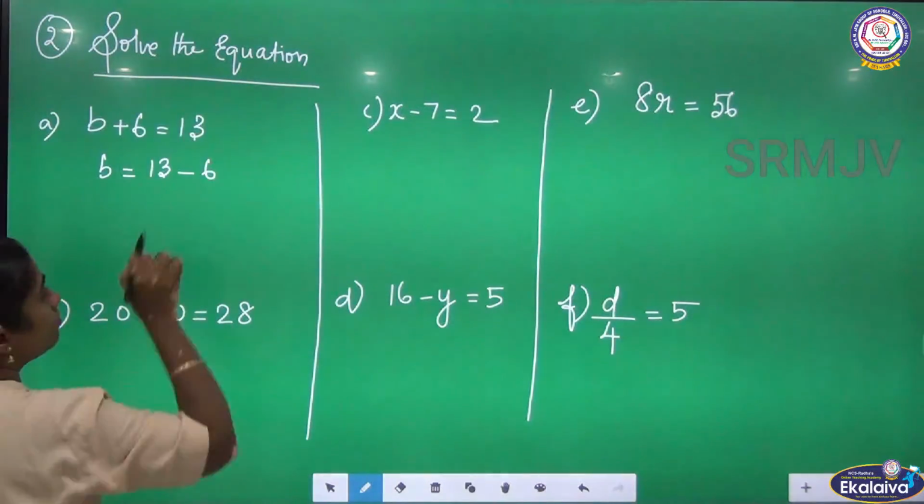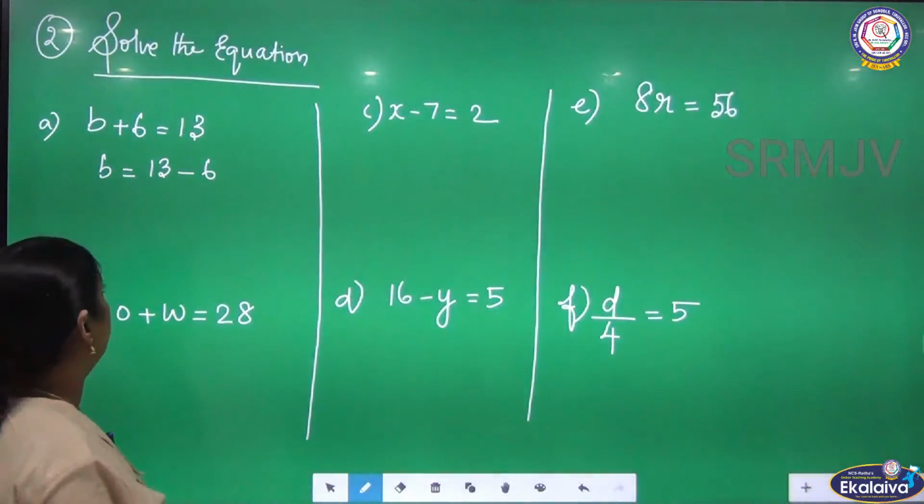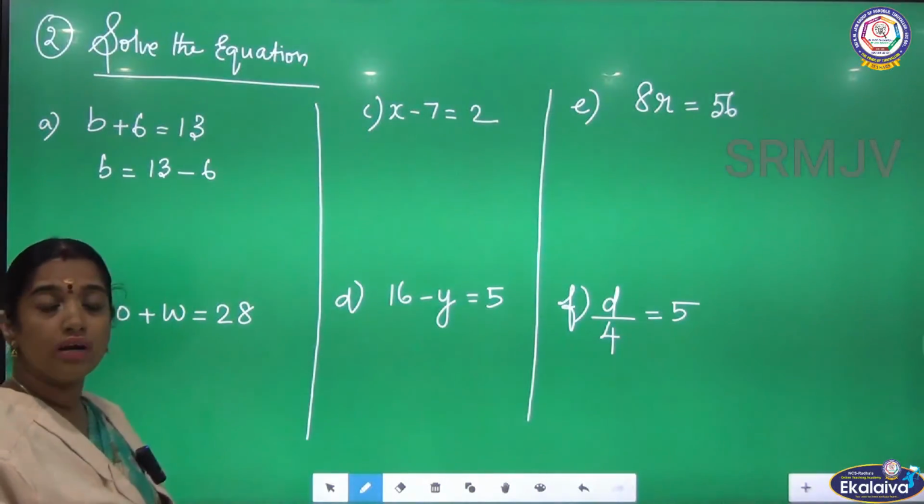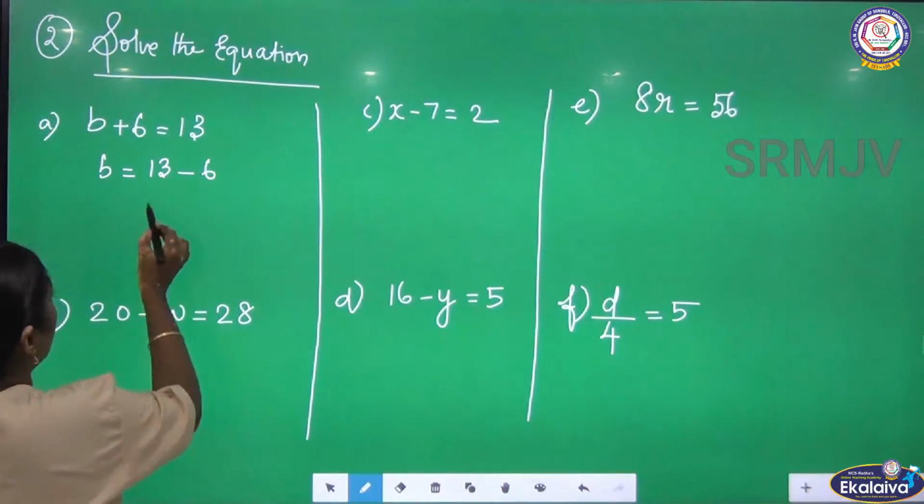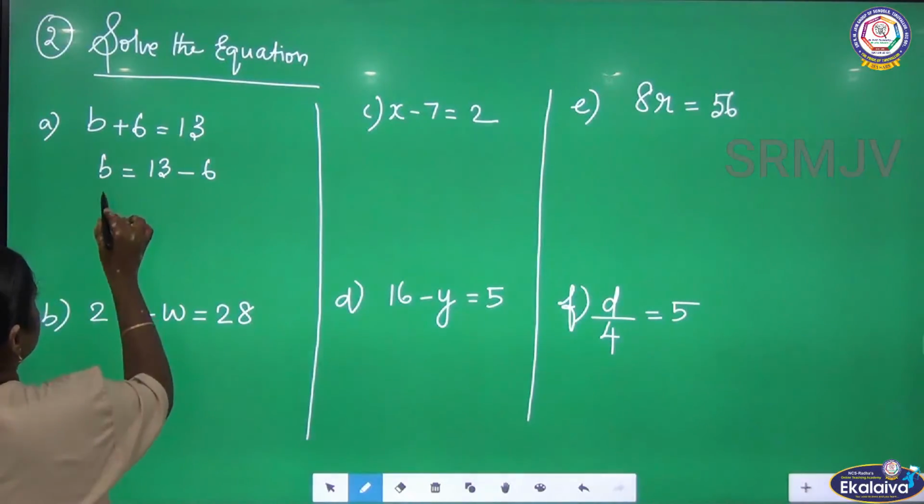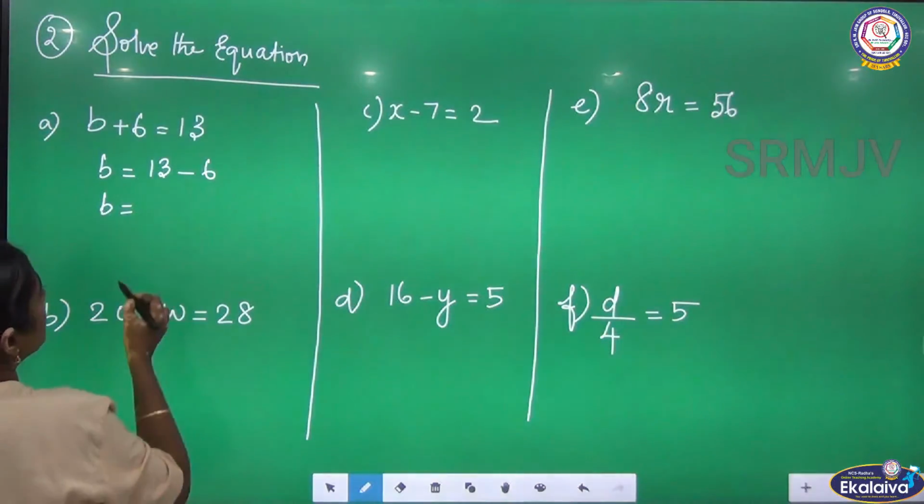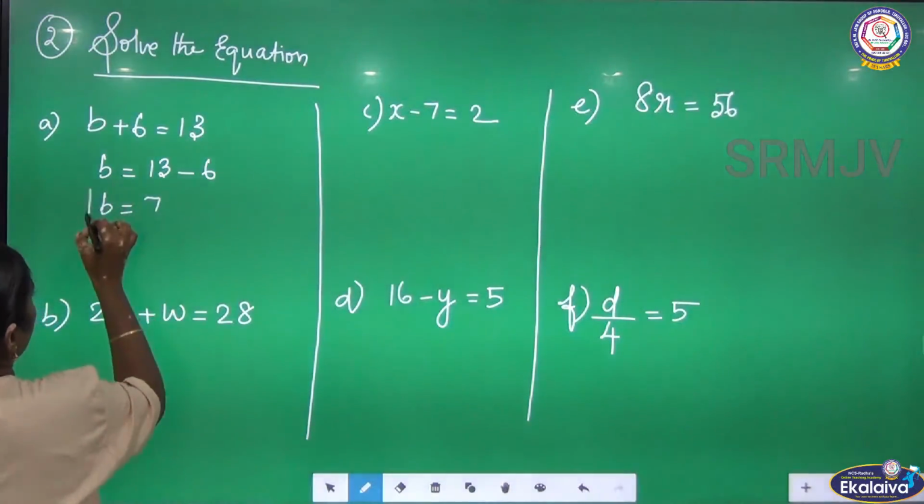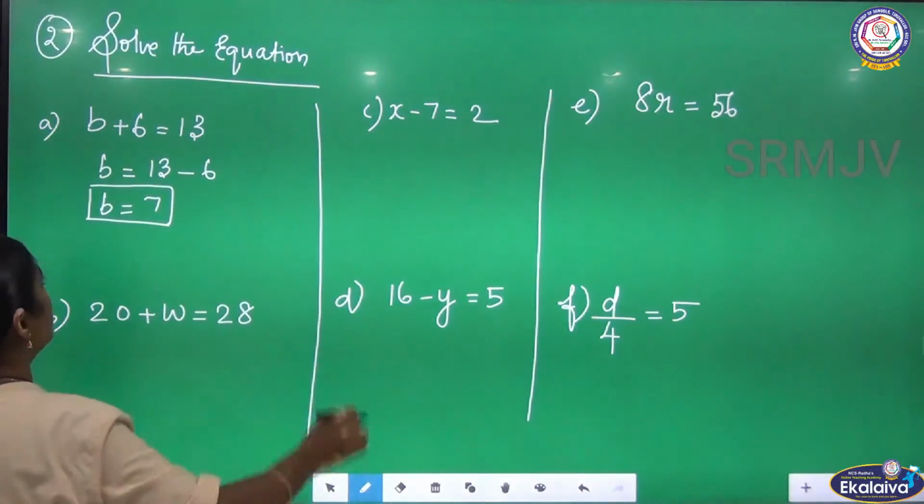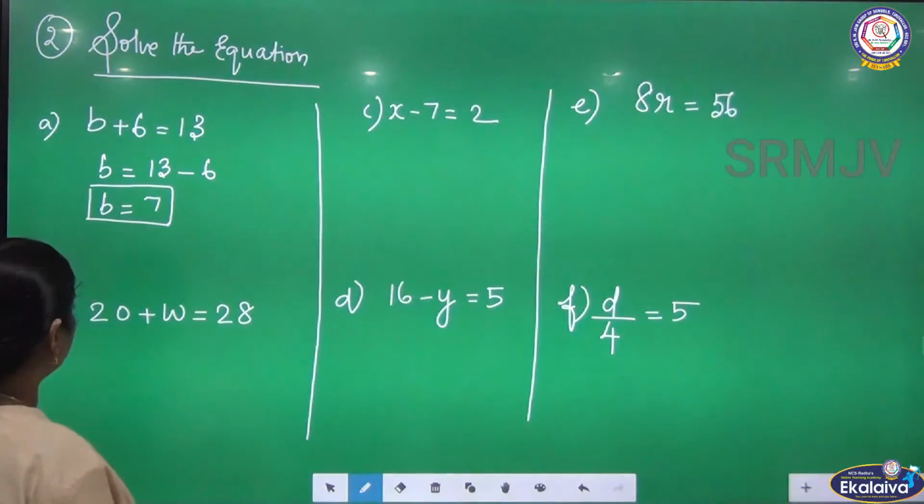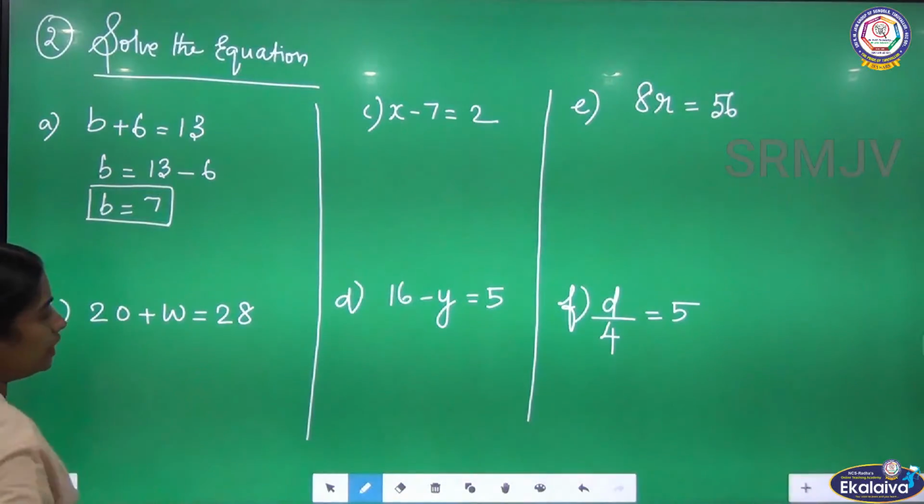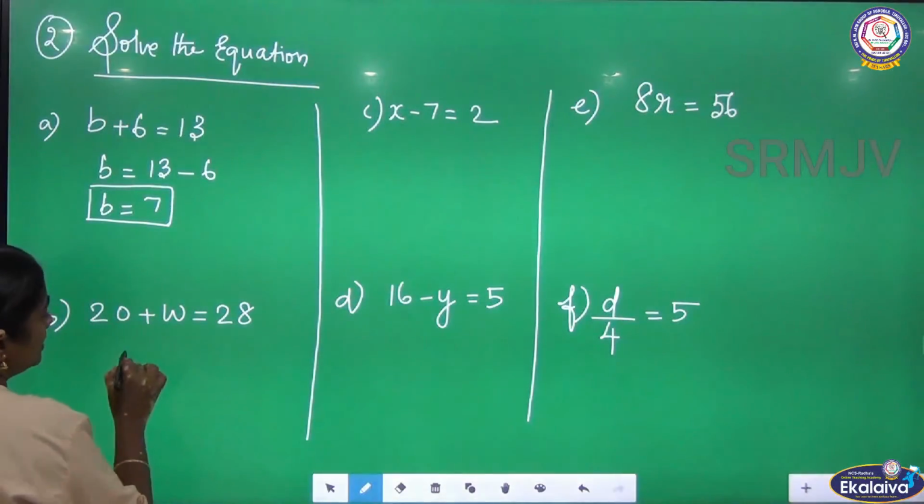This plus 6, when it moves to the equal side, what does it become? Minus. So, 13 minus 6 is what? 7. So, b is equal to 7. See here, 20 plus w is equal to 28. So, w is equal to